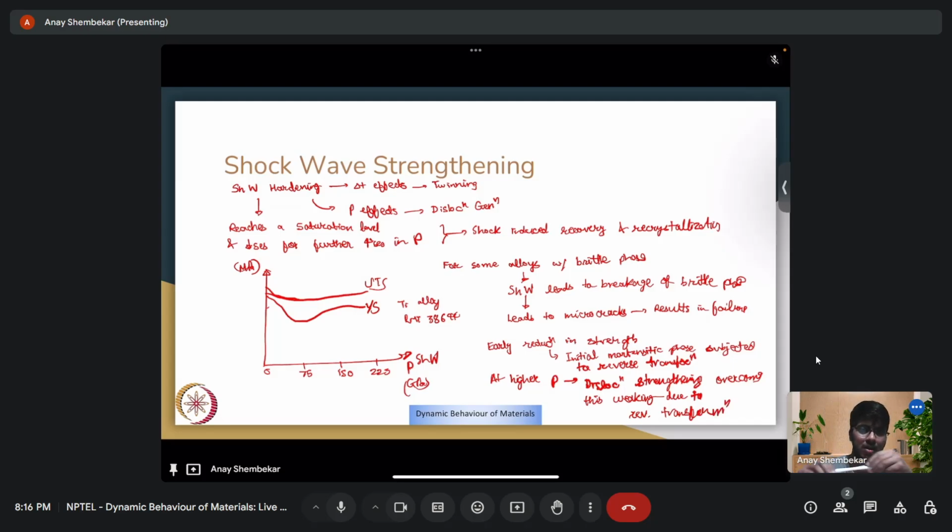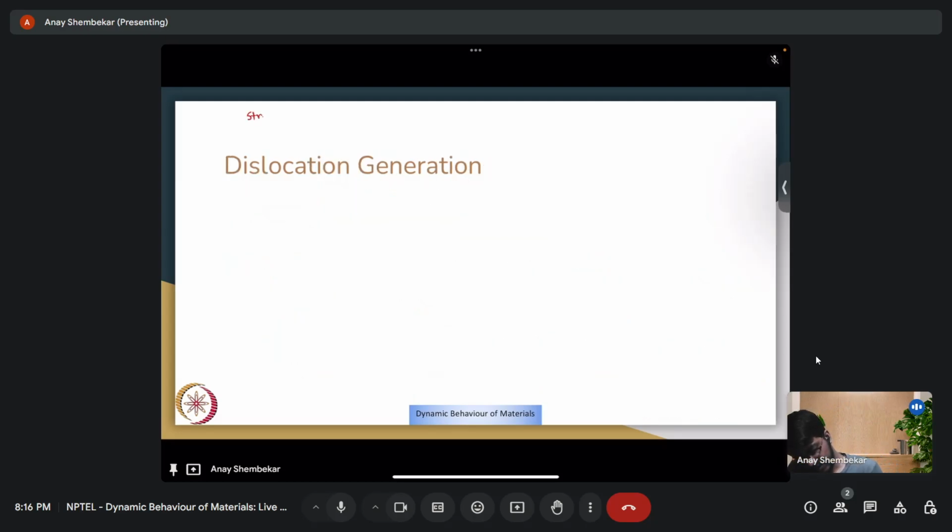So the strengthening mechanisms are of different types. We'll be looking at one of those. So you have got strengthening due to shock wave. It can be classified like different types of dislocation generation. Then you could have point defect generation, deformation twinning. Right. So dislocation generation